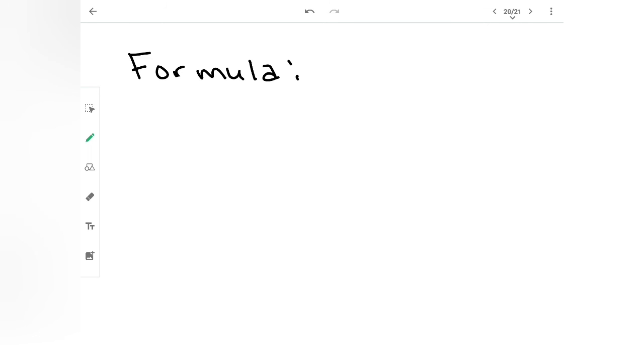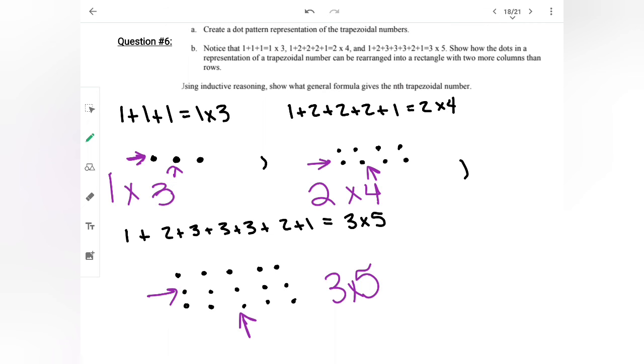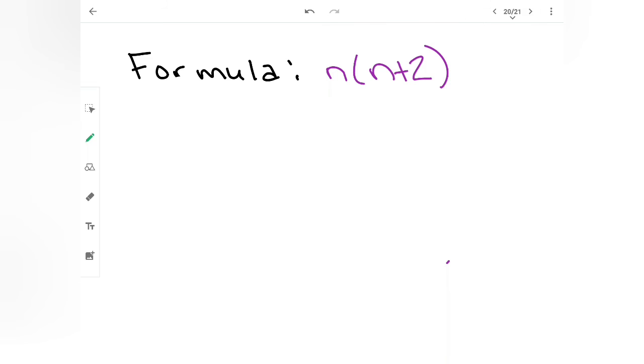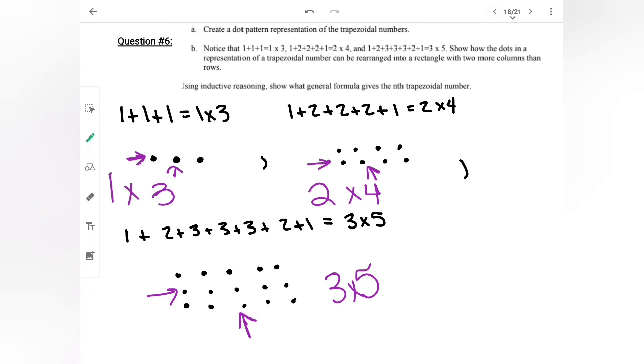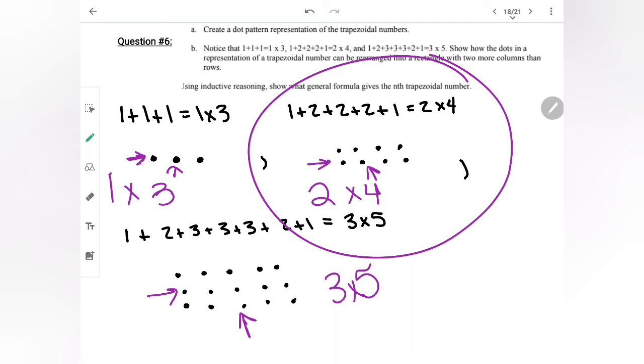Now, believe it or not, there's actually a formula that you can use that works just as well. And this formula is going to be n times n plus 2, which oddly enough works out pretty good. So n is going to represent the sequence number that you're at, which let's say I'm doing the 2 by 4 figure right here. What I can do, since that is the third figure,